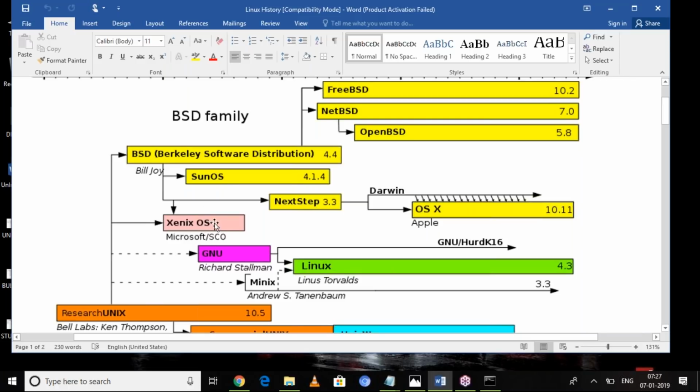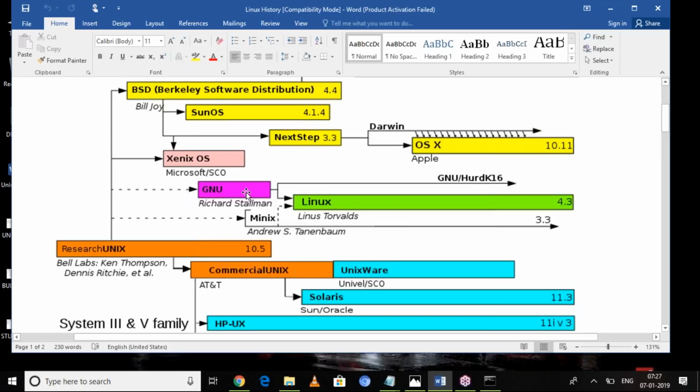Microsoft released Xenix, Sun Microsystems released SunOS, Apple released OS X, and on GNU-based Unix, the graphical version of Unix, Linus Torvalds did some research and released one operating system called Linux.